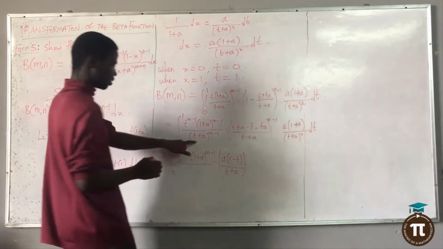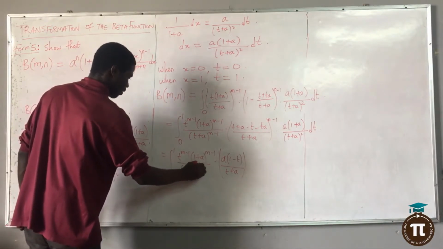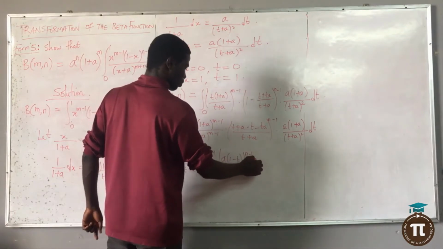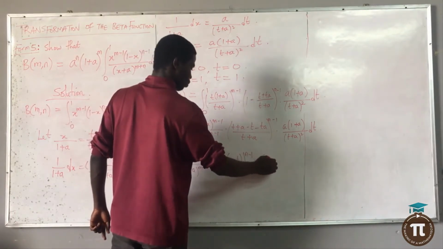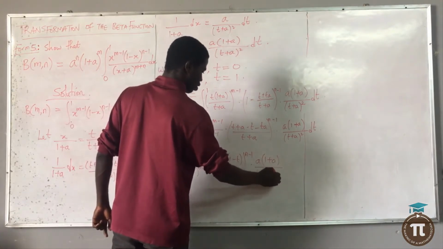Oh, I forgot this, t plus a raised to the power of m minus 1. Then this is n minus 1 multiplied by a, 1 plus a all over t plus a all square